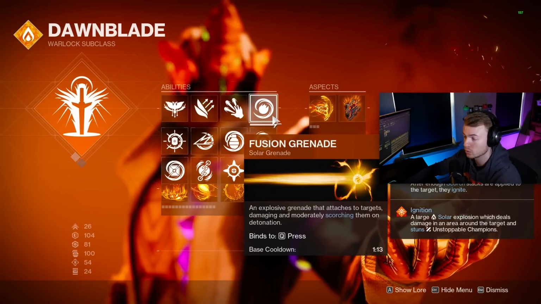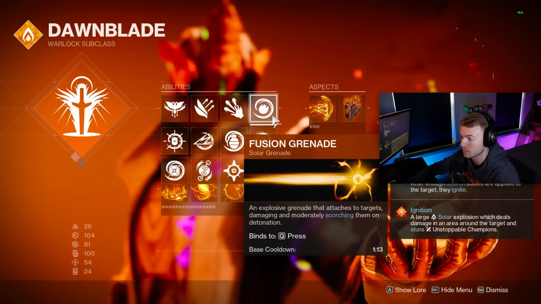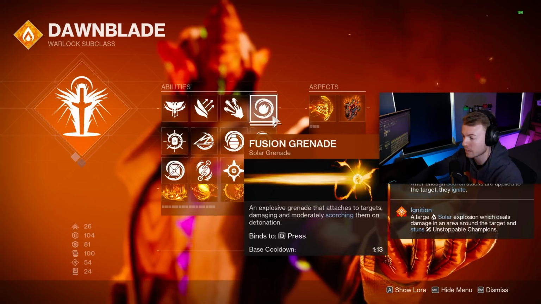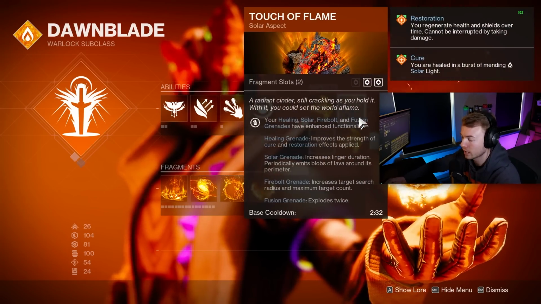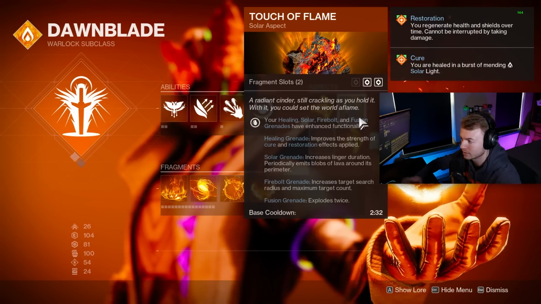Your melee won't matter too much, but make sure you are running fusion grenades. These have one of the lowest base cooldowns, which comes massively into play with running Verity's Brow, and is also one of the best for single target damage and still really good for ad clear too. For aspects, I do like Icarus Dash just to move around, and then after that, you want to absolutely make sure you're running Touch of Flame, because with fusion grenades, these are going to explode twice, dealing pretty much double